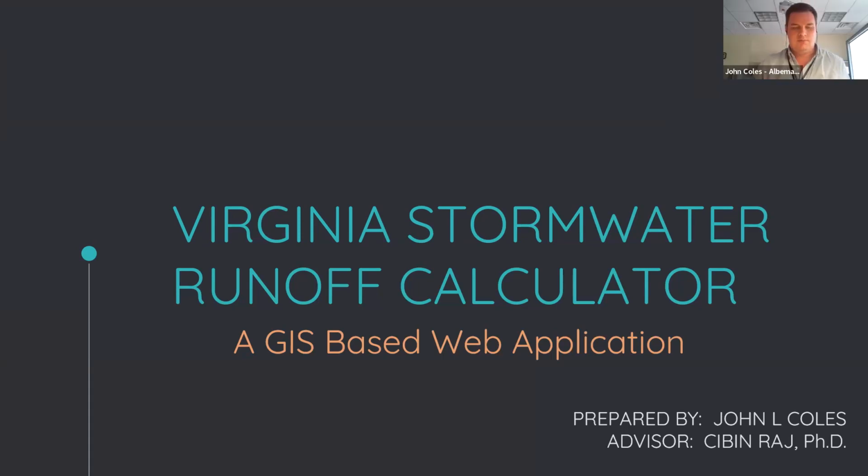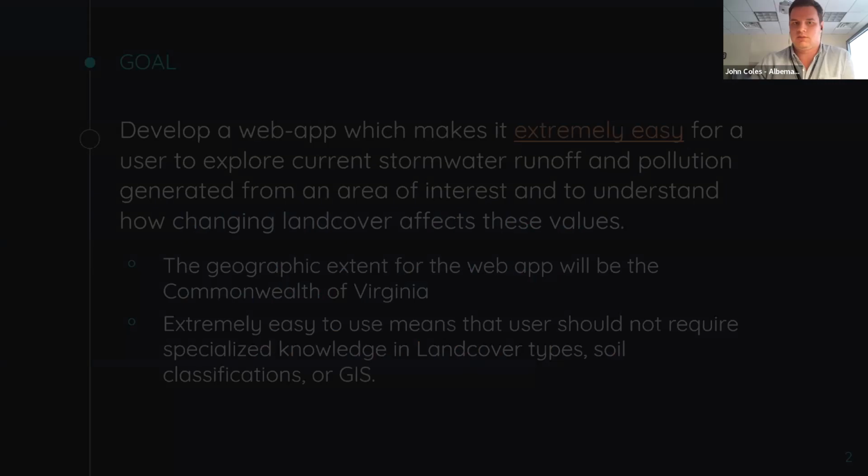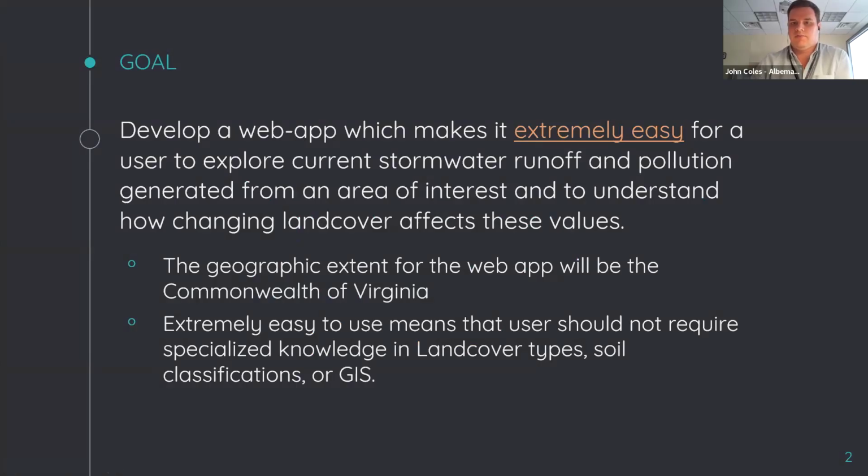All right. So hey, I'm John Coles. And for my capstone project, I developed a geospatial web application called the Virginia Stormwater Runoff Calculator. There we go. So to recap from my proposal, I stated that my goal for this project was to develop